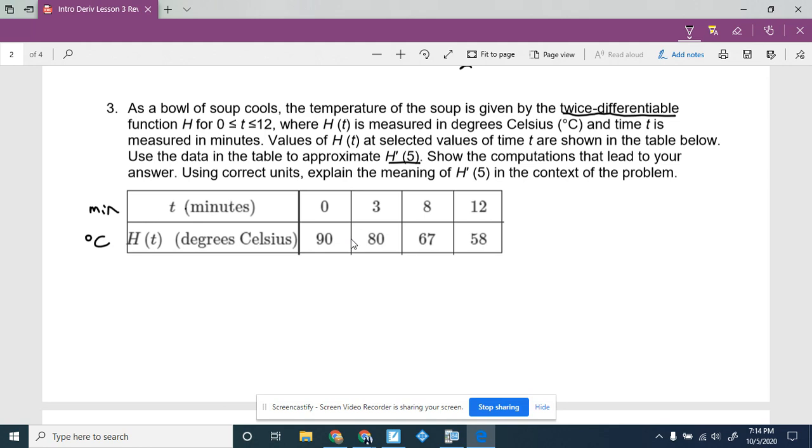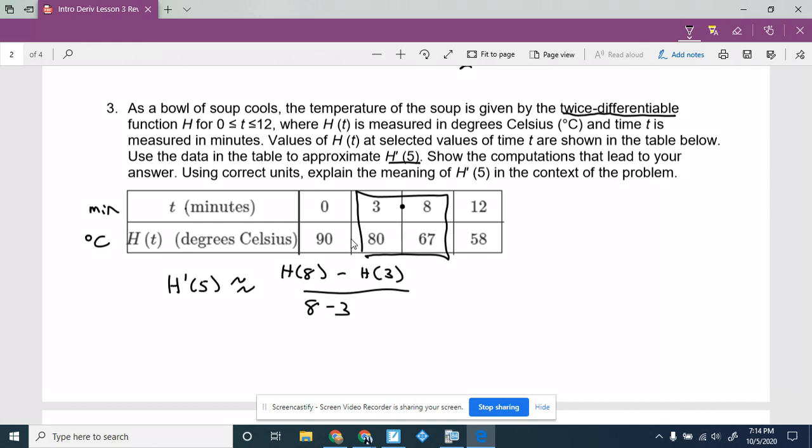So to approximate the derivative at 5, where would 5 lie? 5 is going to lie somewhere in here. So here is what we're looking at, right? So I would say h prime of 5 is approximately equal to, right? The slope of the tangent line at 5, we're going to approximate it by using the slope of the secant line, f of b minus f of a over b minus a, or in this case, h of b, h of 8, h of that right endpoint, right? Y value at the right endpoint minus y value at the left endpoint